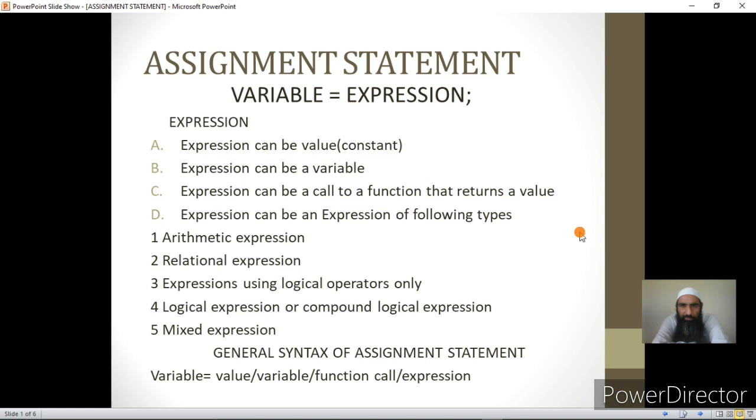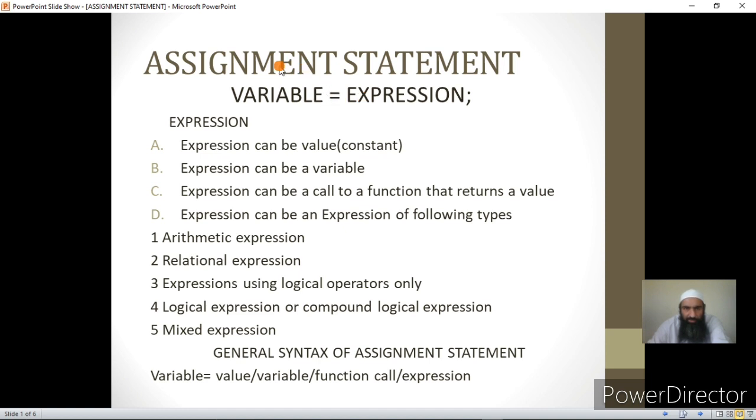Now we have also learned so far something about assignment statements and the syntax of the assignment statement, which I have given as variable equal to expression, followed by a terminator. The LHS of this statement consists of a variable and the RHS consists of an expression, and the two are connected together by the assignment operator.